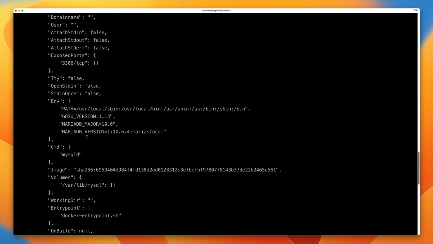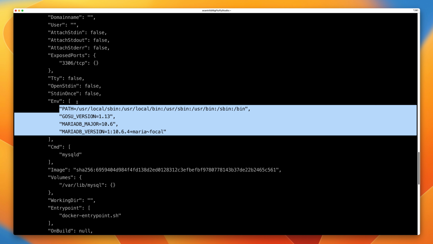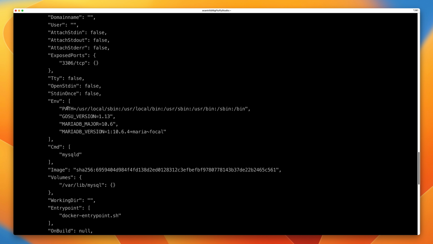So press enter. You'll notice this env section, and this env section contains a number of variables. So these are environment variables. Specifically, we have PATH, MARIADB_MAJOR, and MARIADB_VERSION. So when we run a container from this image, there's going to be a variable in the container, in this example called PATH, which will have this as a value. And in this particular example, this is the variable that's used whenever you run a command to locate the command to execute, and it will try all of these different folders in order.